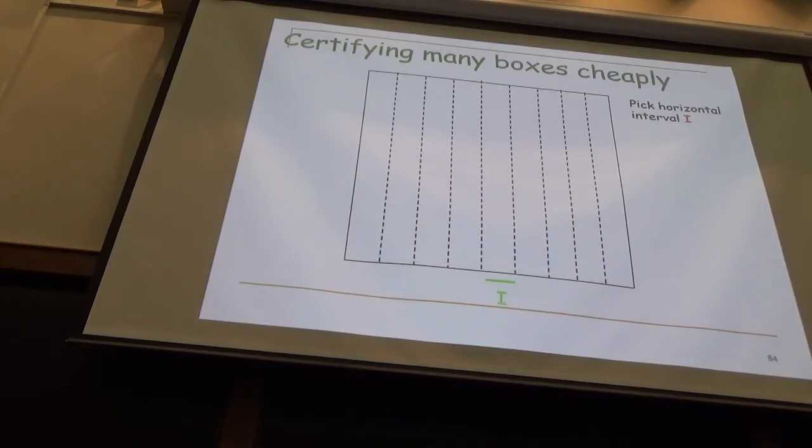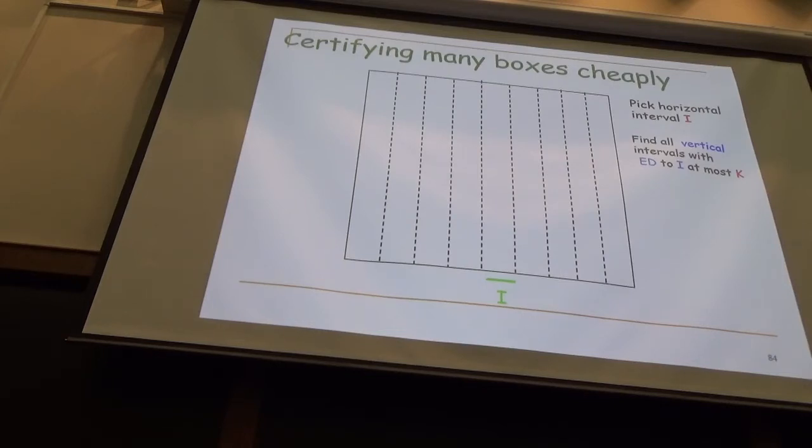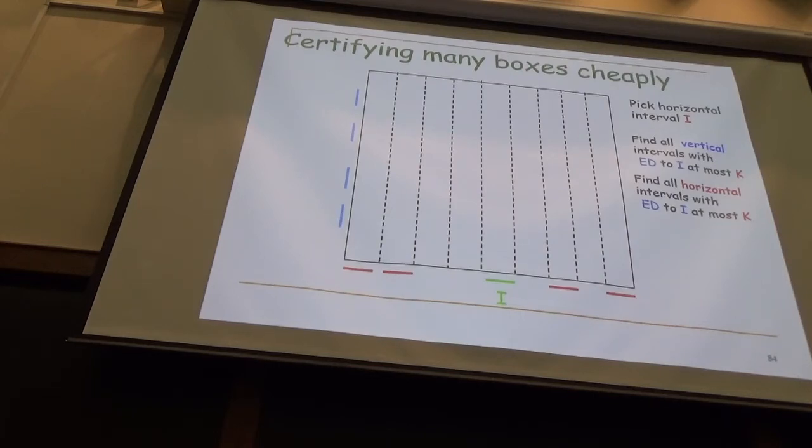So pick a horizontal interval I. Find all vertical intervals that are close to I. Let's say you find them. Find all horizontal intervals that are close to I. So that means the substrings have small edit distance. Okay. Now, you had to compare I to all these strings to find all these guys. But once you've done that,